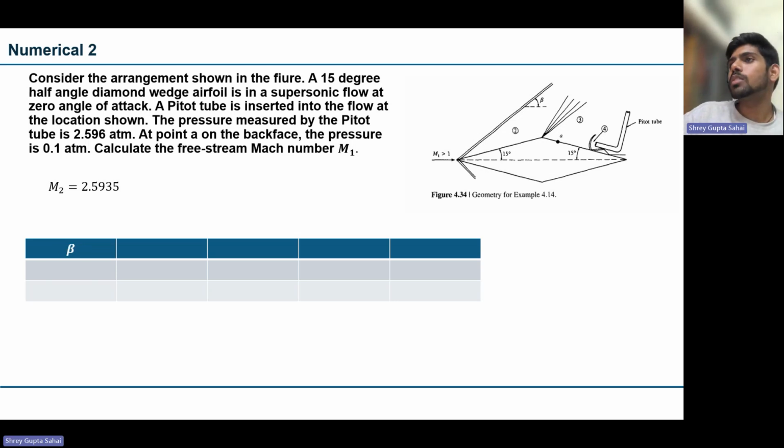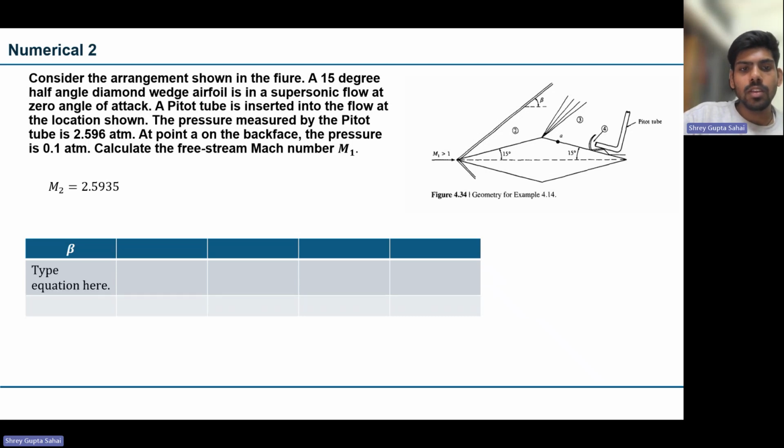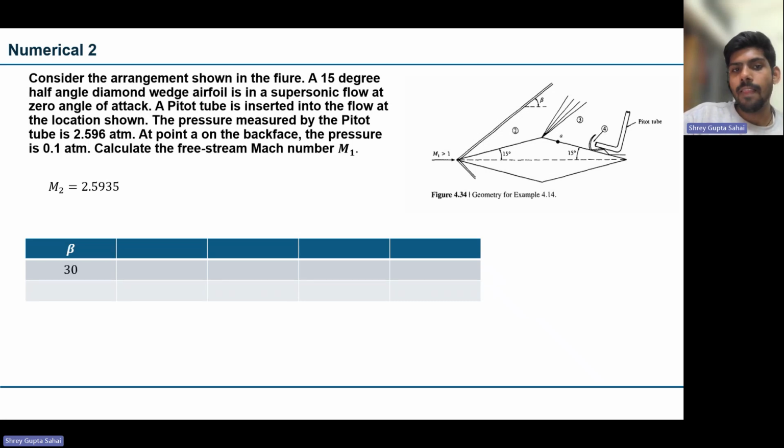Mach number 2 is 2.6. Let's guess a value of beta to be, let's say 50 degrees, or let's say 30 degrees. And then also guess 20 degrees. And the next guess we'll take based on these values. So now if beta is this, theta is known to us, 15 and 15,